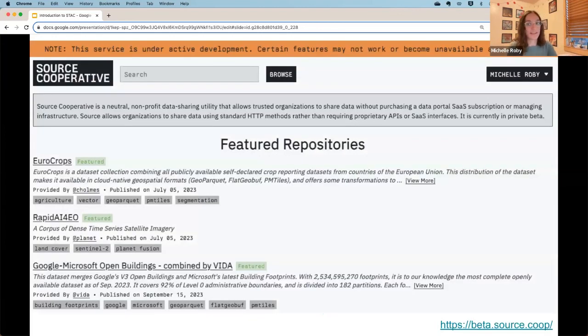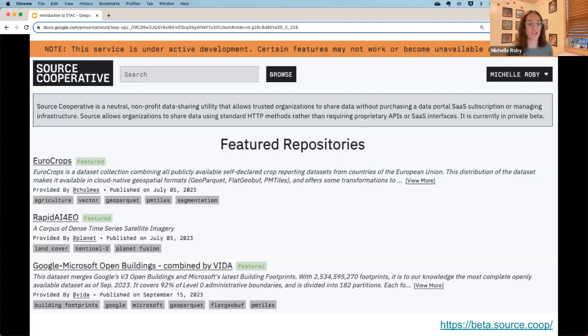Source Cooperative is still in development. It's currently in beta. This is a quick screenshot of that homepage. It is basically the effort to share data more easily over the web. So anyone, organizations like the Kenya Space Agency or NASA in the US, anywhere from a small nonprofit to these large government organizations, and including individuals as well.